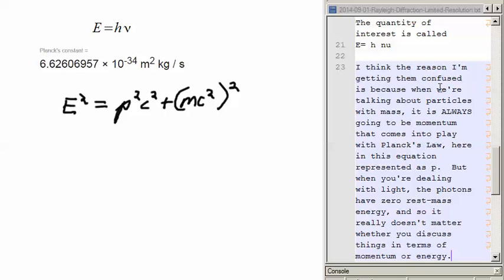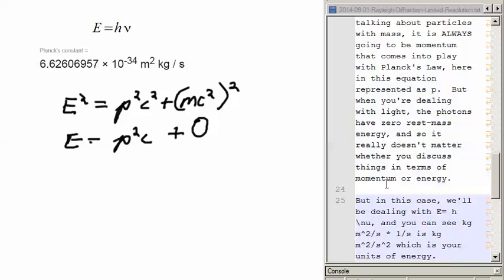I think the reason I'm getting them confused is because when we're talking about particles with mass, it is always going to be the momentum that comes into play with Planck's law. But when you're dealing with light, the photons have zero rest mass, so it really doesn't matter if you discuss things in terms of energy or momentum. But in this case, we'll see that we're dealing with E equals h nu, which is